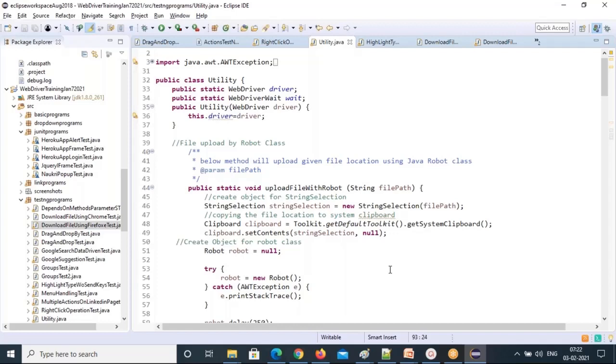Otherwise, if we have an edit box to type in the web page itself, then you can do typing with the sendKeys method. Inside sendKeys you pass the file path. You can upload files.